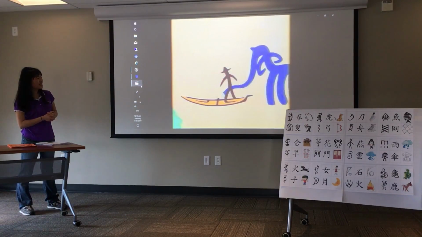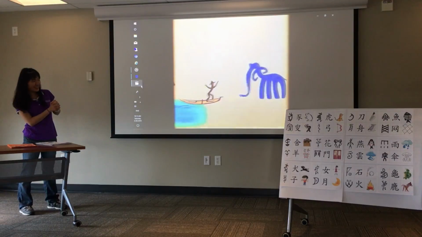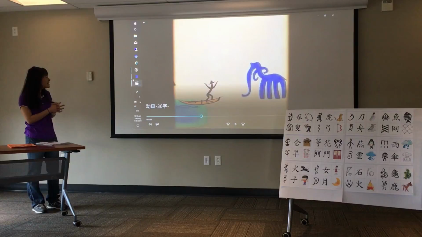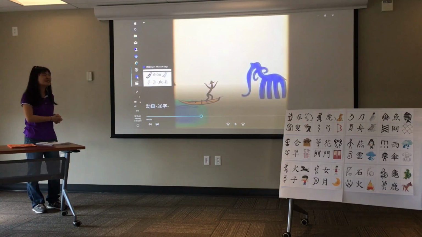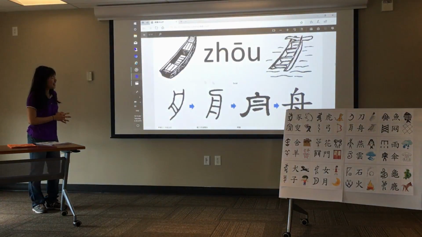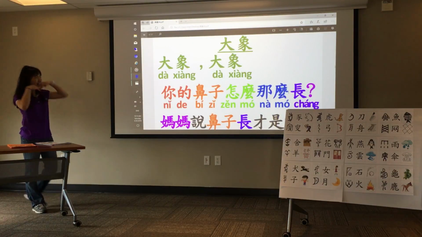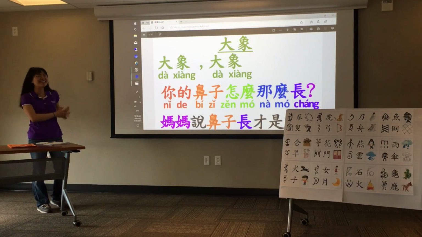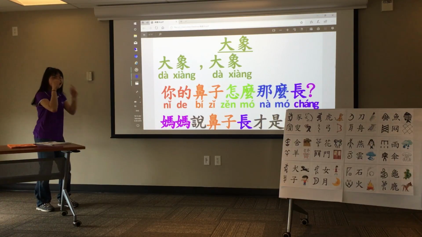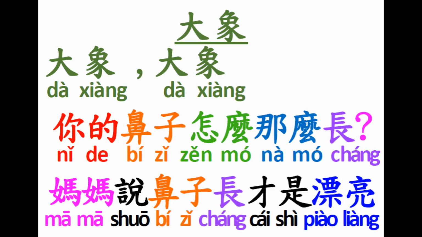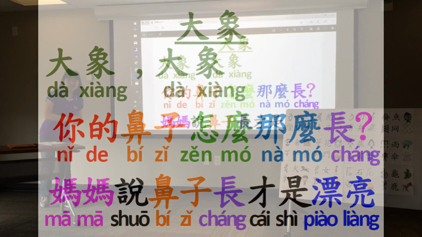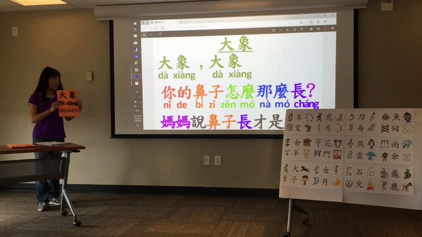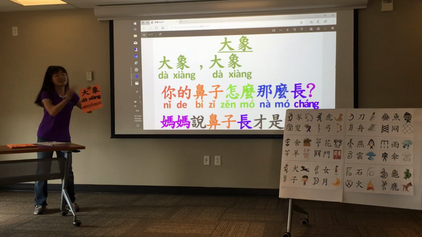Oh, and this is the... Can anyone guess? Does anyone recognize this? Elephant. Yes, it's the elephant. So now it looks like Fu is about to embark on his journey. Now we're going to start singing about the elephant. Because how did you recognize the elephant? He has a long nose, right? So now we're going to sing a song about an elephant. So let's learn the words. So now we're going to talk to the elephant.